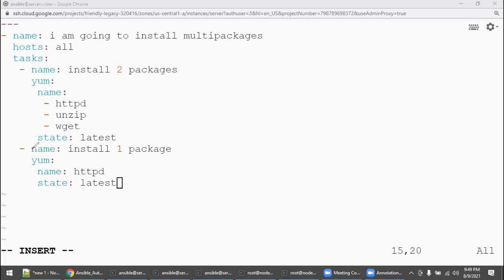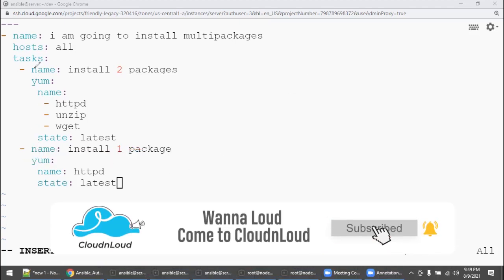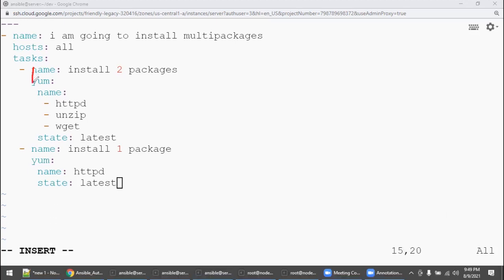This task, what is the purpose? If you say install, then the relevant module should be placed. So this and this should be at the same indent, correct? And here you are declaring, as part of this module, what you are going to install. So the subsection is one level inside. But this and this are the same. Are you seeing the same here? This is exactly what you need to understand.